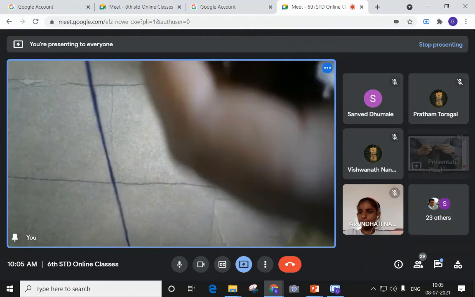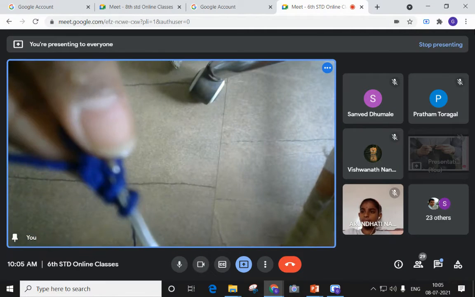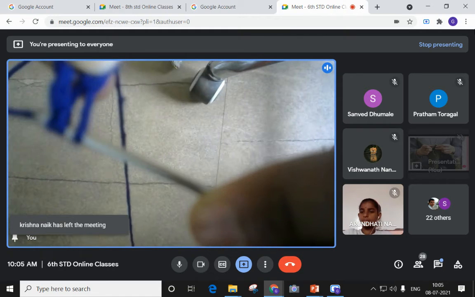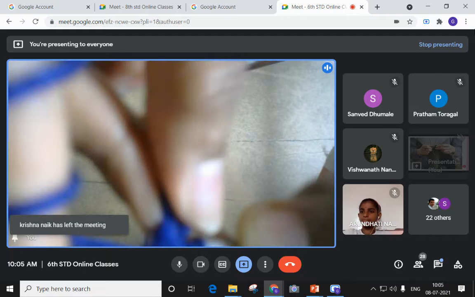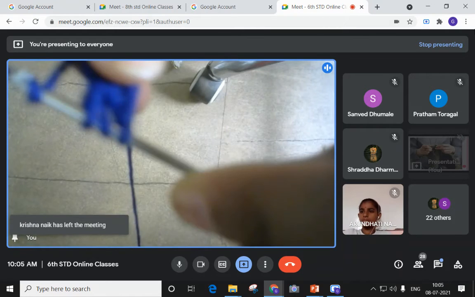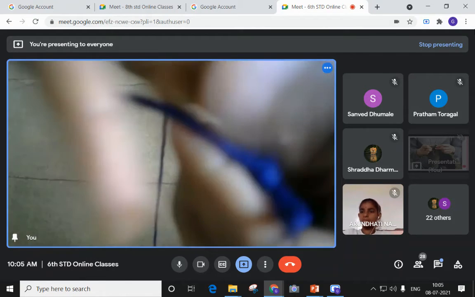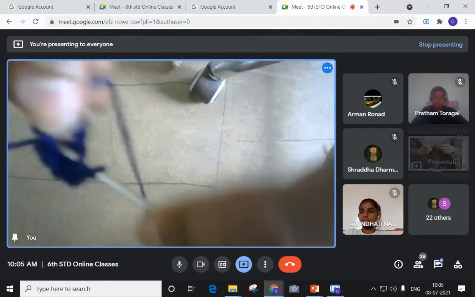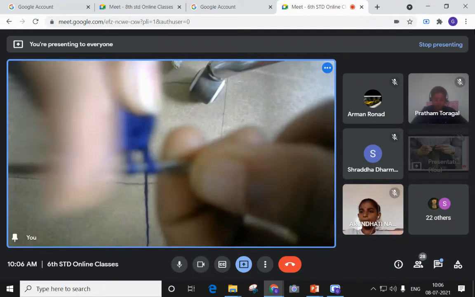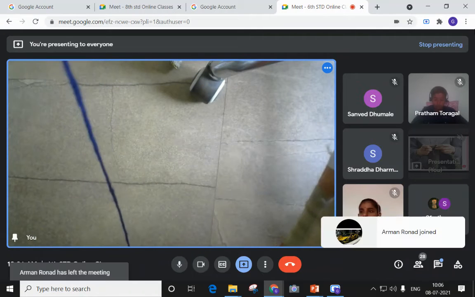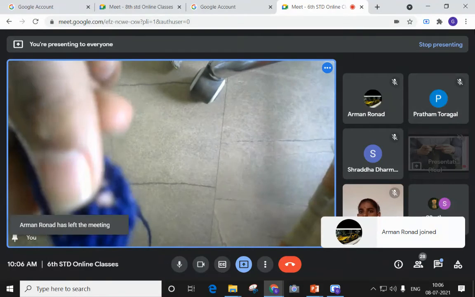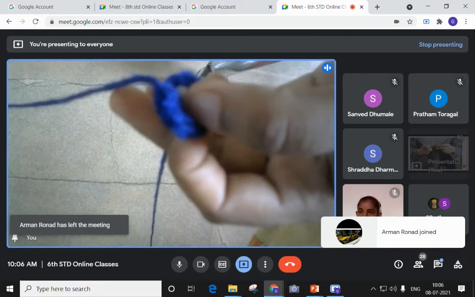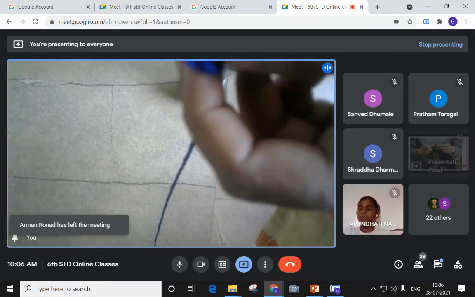Right? Whichever design you want, you can use any kind of design to make a fabric. See here. Like this I made something with this wool and needle.